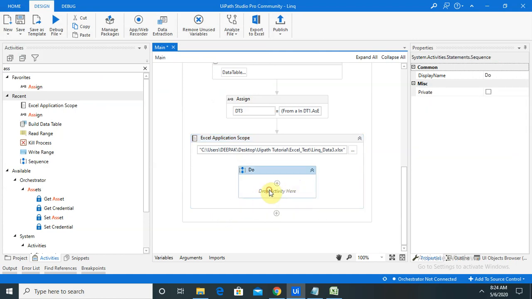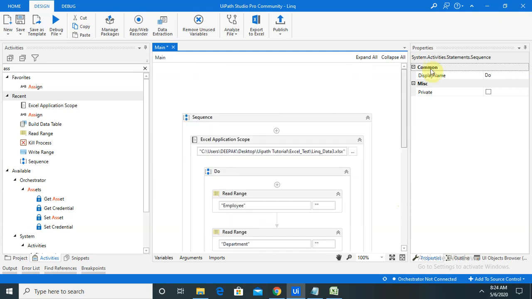It will show us a read range activity, which should be available here in the third data sheet. So it will complete it. Let's save this and run the process.